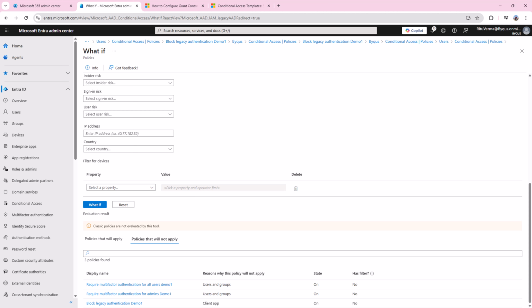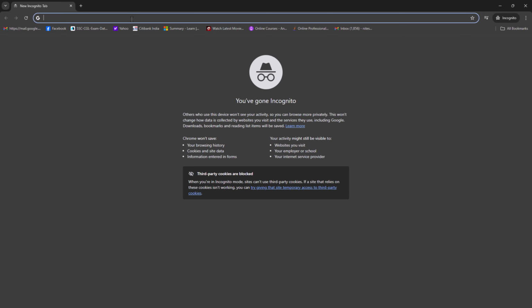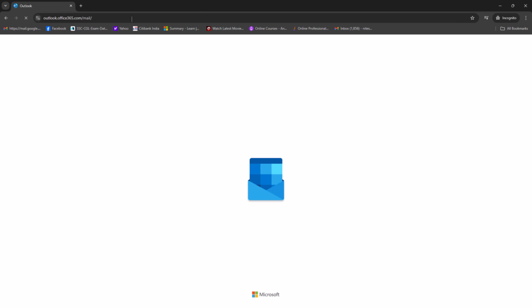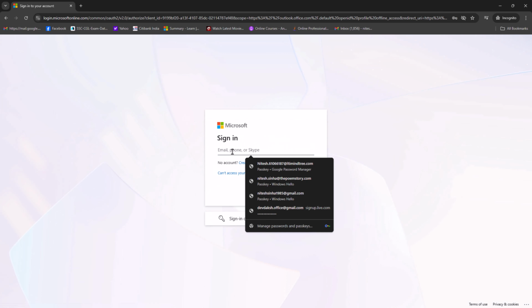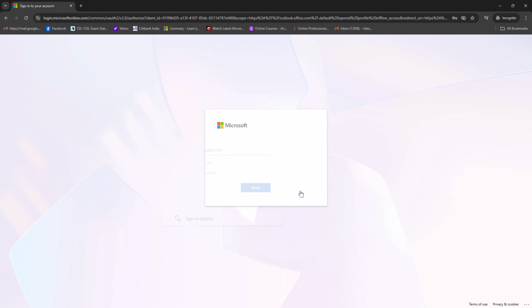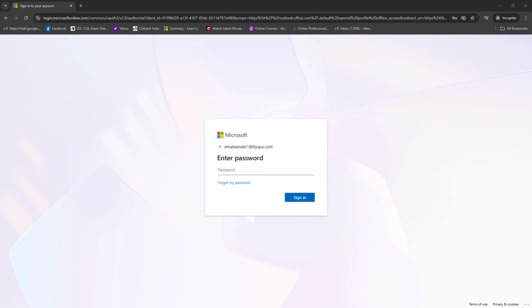Now I have the user ID and password. We have excluded this account from multi-factor authentication. If you have seen my last video, you know how the multi-factor authentication appears. It will ask you to do an authenticator setup. So we will go to outlook.office365.com, because we have not assigned a license to this account, but let us see. If we go, we will put this account here, email sender one, and we will put the password,